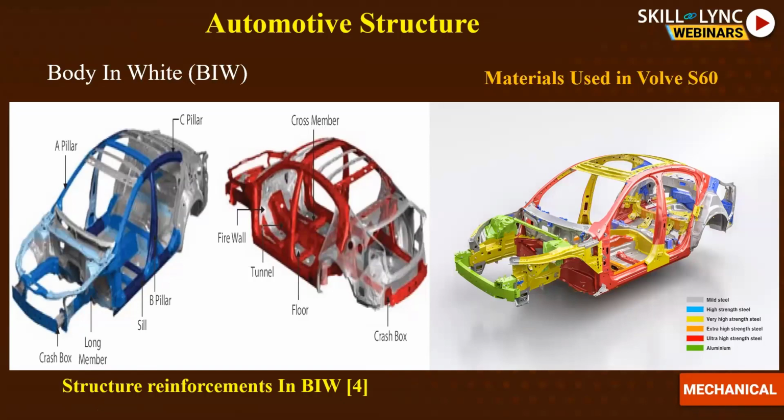Here you can see that there is a crash box, and there are A pillar, B pillar, and C pillar. These are all very important because they carry different loads at different times. There's a crash box at the rear as well. I have already told you there are different types of crash tests: frontal impact, side impact, and back impact. All these will be combined, carrying loads at different times, or even carrying load in different impacts. So these are all very important.